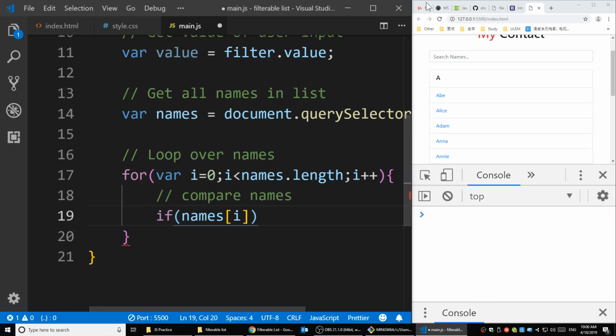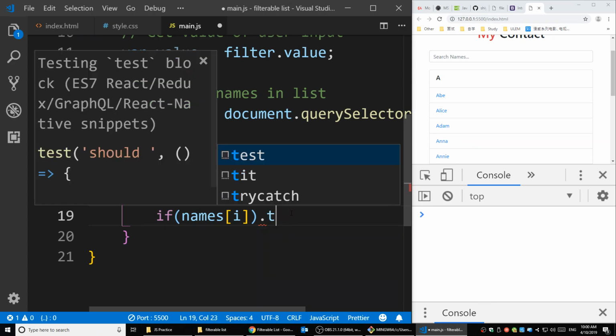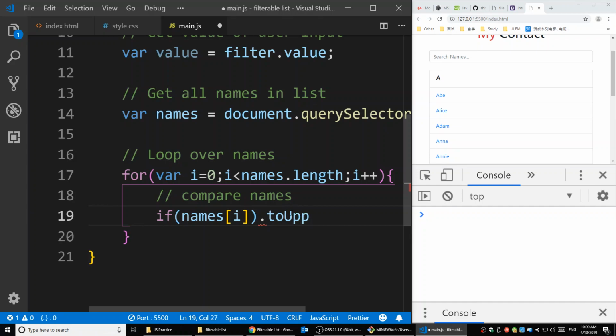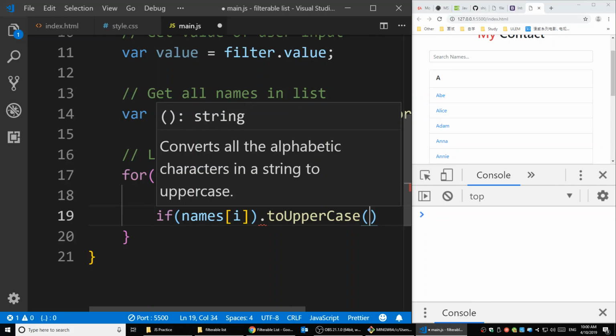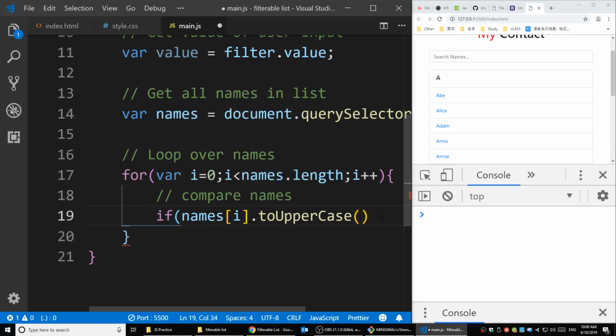Actually, I want to transfer all of them to uppercase. For example, no matter whether I'm entering uppercase or lowercase, I still want to look for the answers here. So I'm going to compare them in uppercase. So toUpperCase. Oops, not inside the if. All right. If names toUpperCase, if that